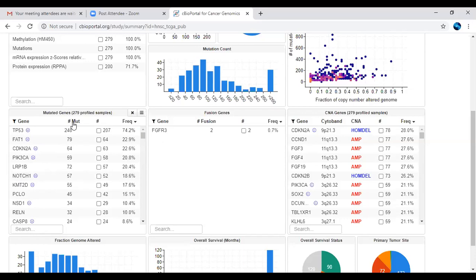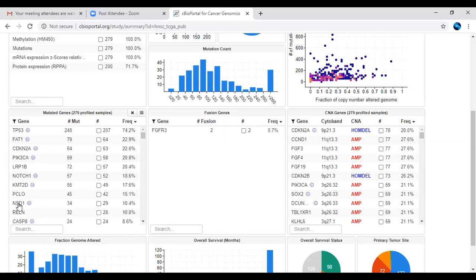Here you can see the mutation count, that is the total number of mutations, with respect to 207 samples. So they have studied the mutation of the TP53 gene, and it has been recognized in only 207 samples, and they have converted this mutation count into a frequency in percentage.